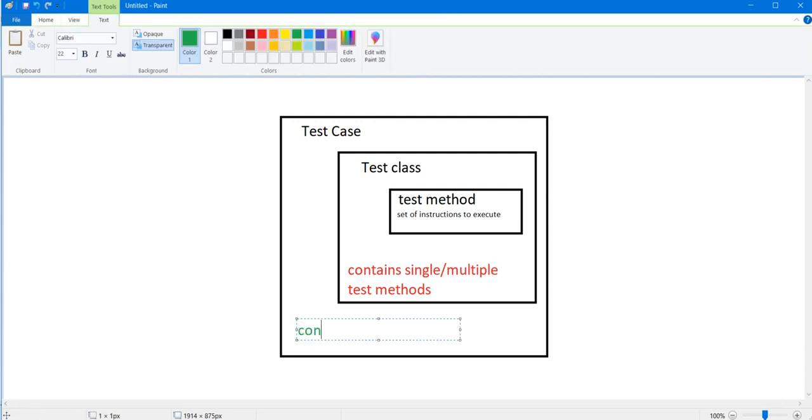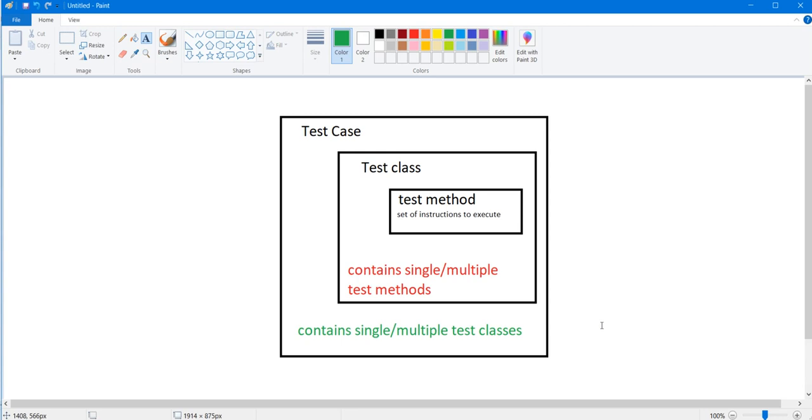It contains single or multiple test classes. This is what it is: it contains single or multiple test classes.